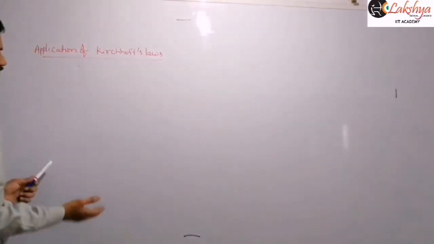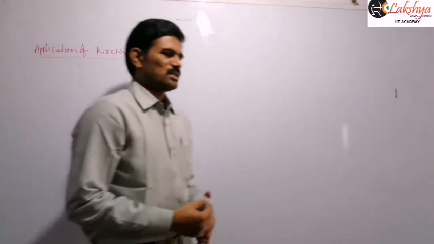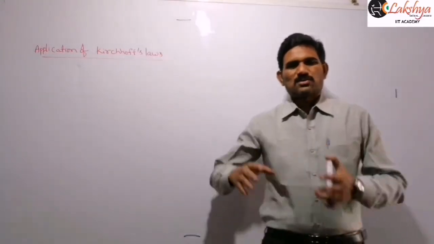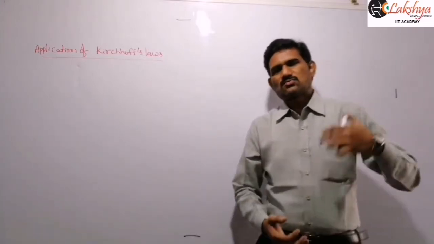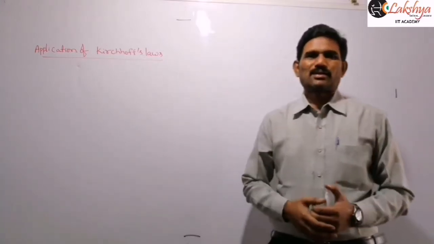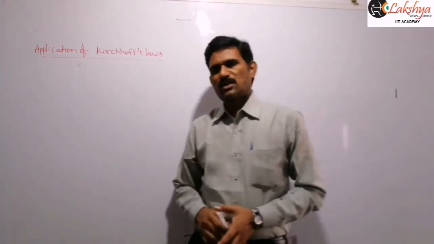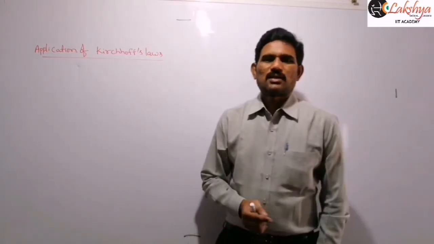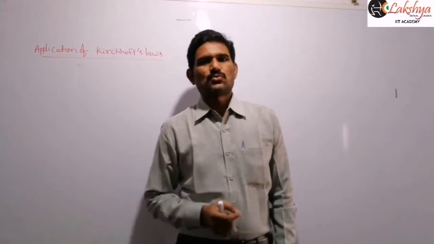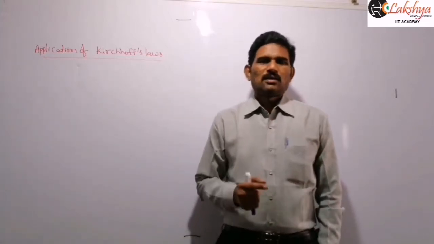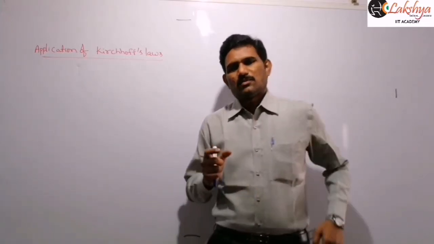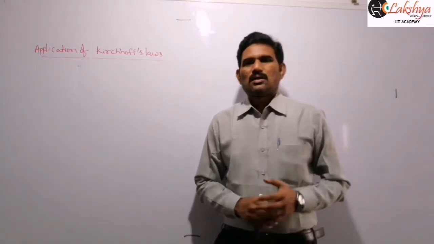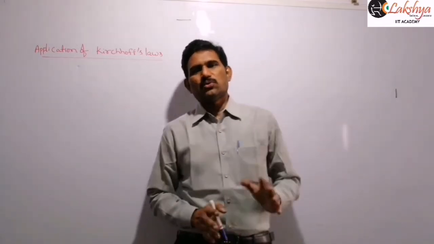In the previous classes, we calculated the current in the different branches. When we were discussing the Kirchhoff laws, we solved some problems in which we calculated the current in the different branches. With the help of the Kirchhoff law, we can find the current in different branches of complicated circuits, and then we can find the effective resistance in the circuit, and we can also find the potential difference between any 2 points in the circuit.